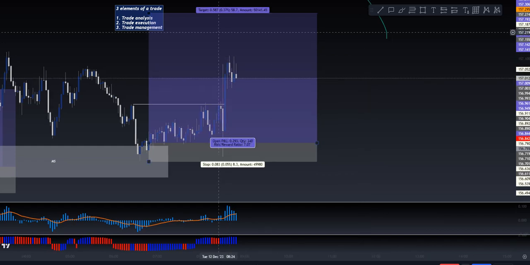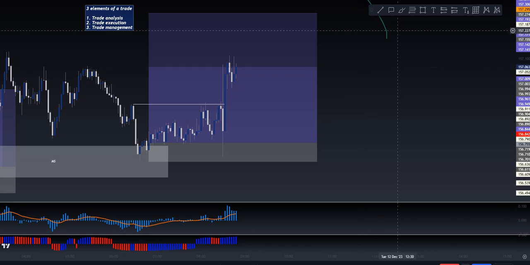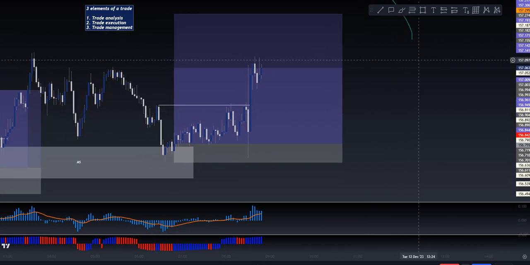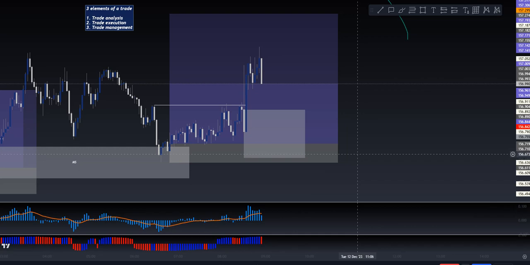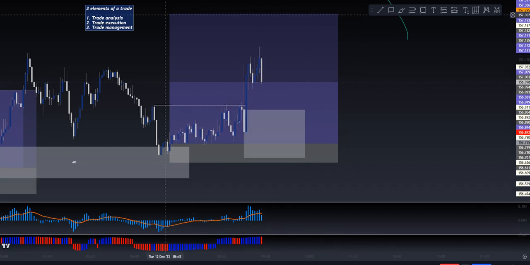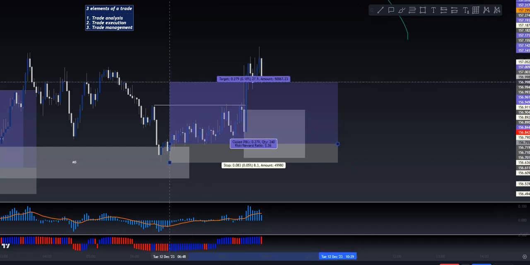Now, getting into trade management. Sometimes you can use your discretion to decide if you want to hold the trade longer or not. I don't recommend it. It can get complex, it's a very advanced thing to do, and it can get quite emotional. I would recommend just exiting as soon as you see momentum reverse. In this case, right here, I got a red bar, and I would highly consider exiting right here. I'm already up 1-3. Why risk trying to hold this trade to see if it goes any higher? I don't need to do that, especially if I hit my target for the day. But if I was to do that, here's how I would use my discretion.